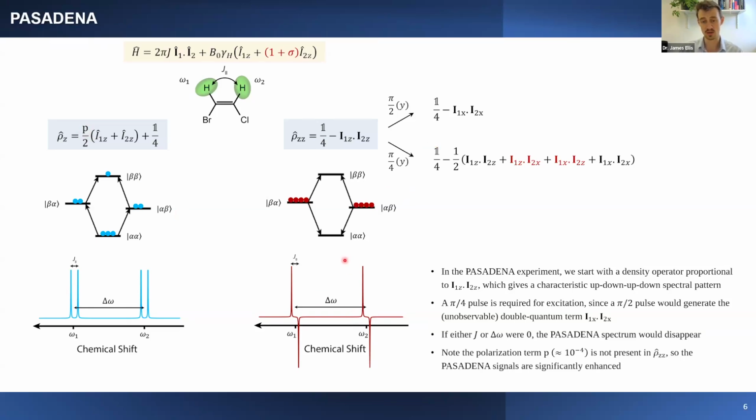I'll note that when we excite these transitions, because we start with this ZZ term, we don't use a pi/2 pulse because that would excite a double quantum coherence, which is not observable. So we use a pi/4 pulse, and that creates these terms, and these ones are observable. Okay, so